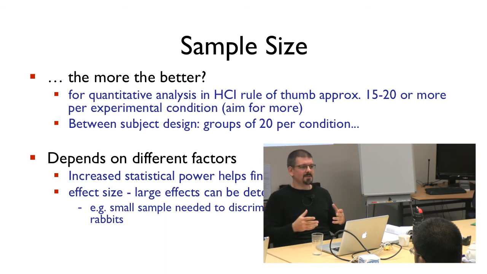So with a bigger sample, you just get rid of the noise more easily in your data. Noise gets evened out, and the variability between your participants gets evened out as well. So there's a lot of arguments, I guess, for just trying to have a big enough sample for studying your research question.